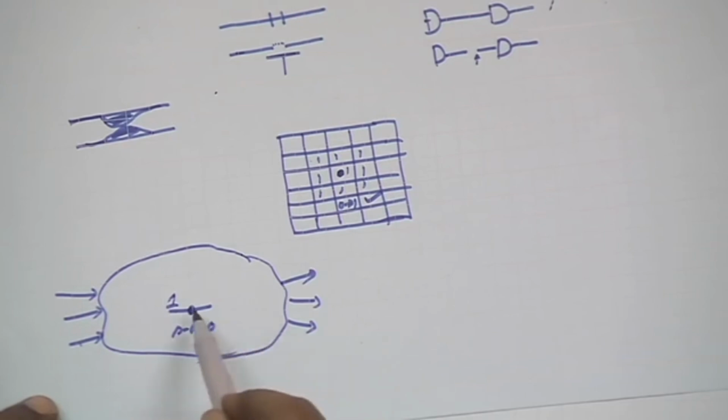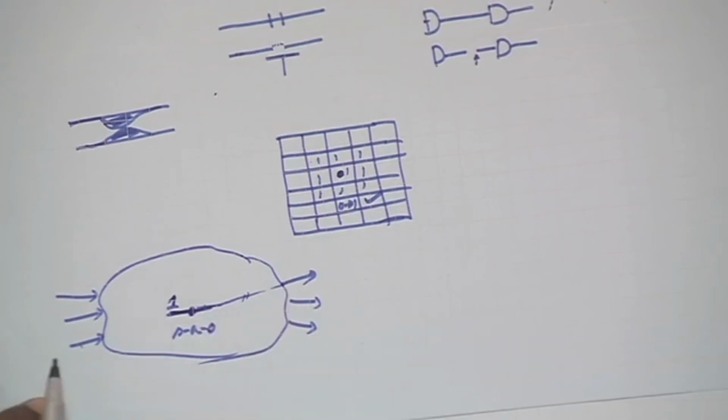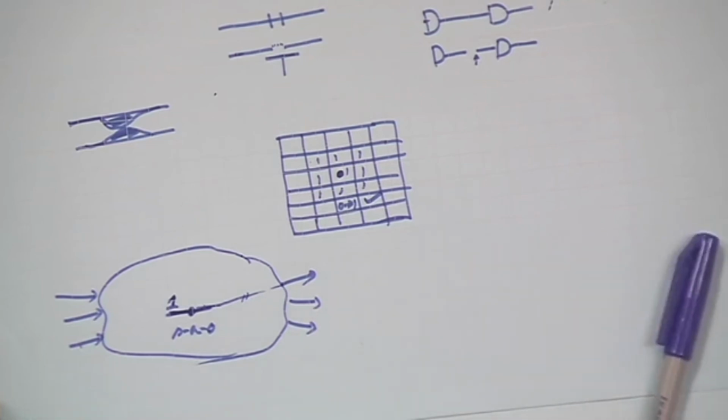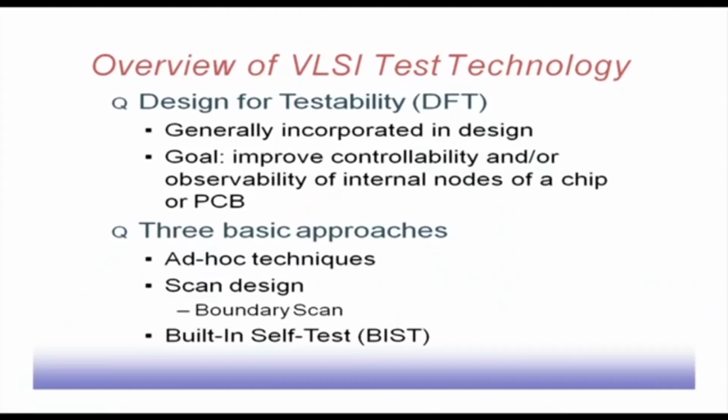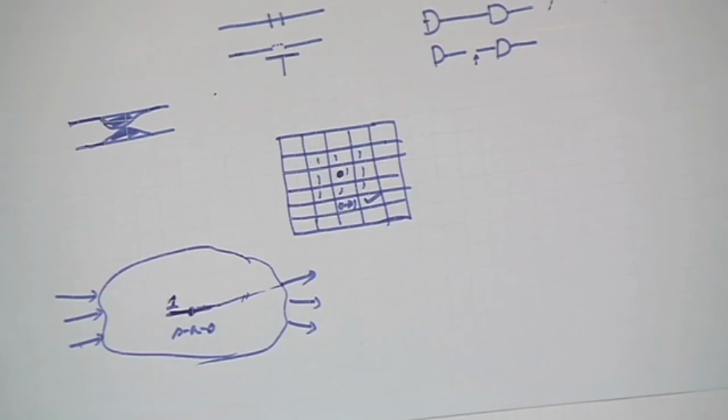Similarly, the effect of this fault should get propagated to some output, so that I can see that this fault has occurred. So, one thing is to control this point to a desired value, and the second thing is to observe the value at some primary output. Now, if the circuit is quite complex, it may not be very simple to do these things. So, what is done? We have to have some additional hardware incorporated into the system, so that this checking becomes